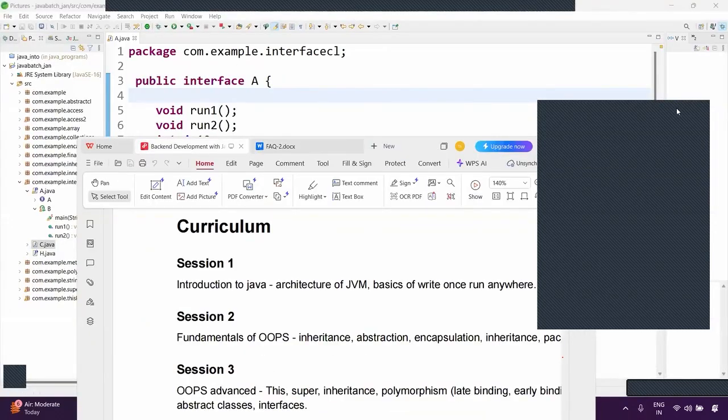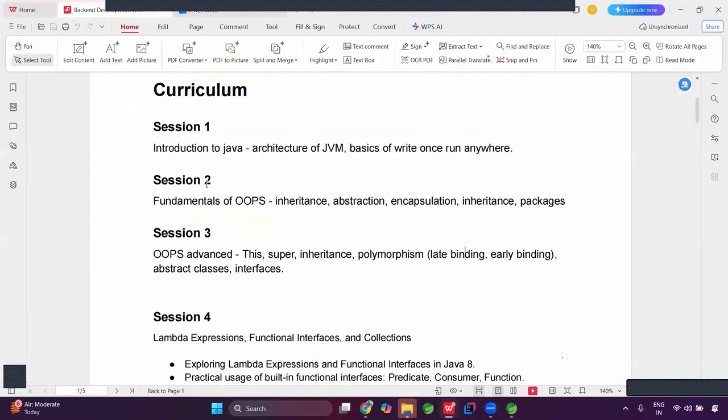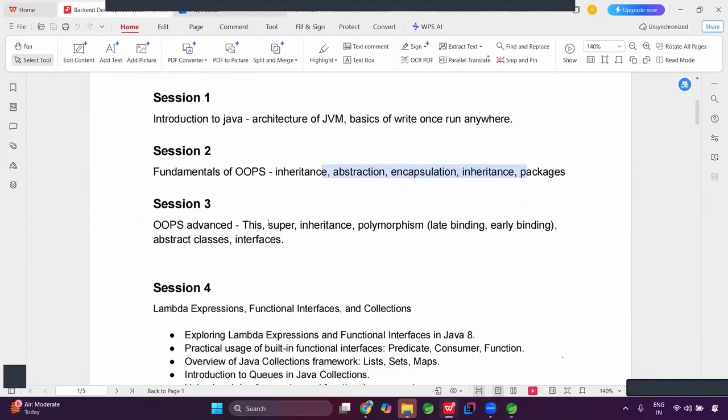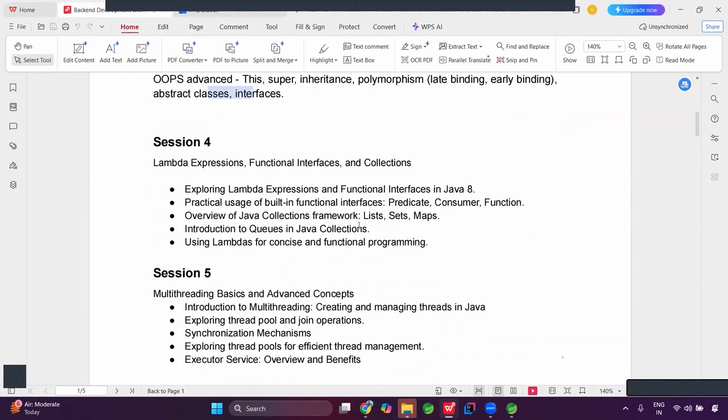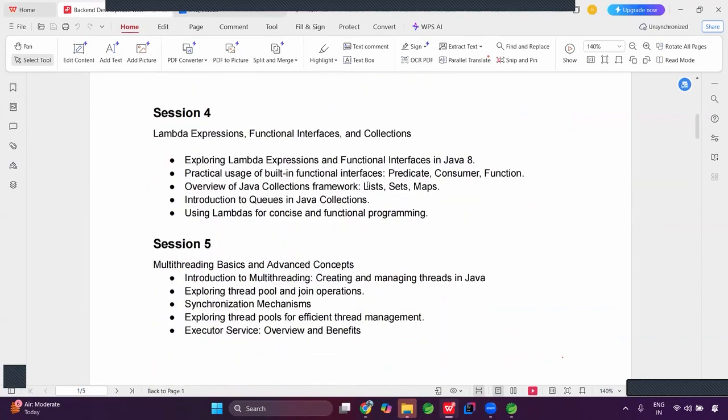So where are we now? See, in session 1, I haven't missed any topic. Session 2 also, I haven't missed any topic. Session 3 also, super, inheritance, polymorphism, everything is covered. Now in session 4, Set, List, Map is covered. In the next session, this is entirely on